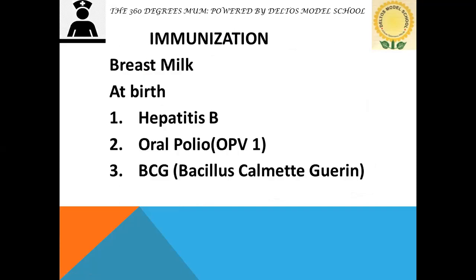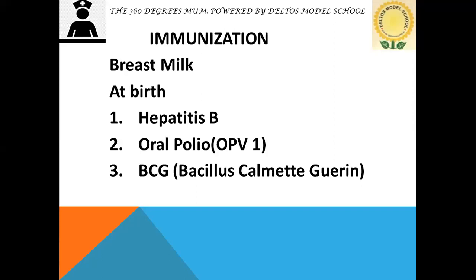So, breast milk is one of the first and the best and the greatest forms of immunization. The best, the first, and the greatest. The breast milk contains all the vitamins and minerals in your body, and it also depends on how you are eating and how well you are eating. We know that, right? So the child gets access to all the minor and major minerals that are needed in the body. Then at birth,